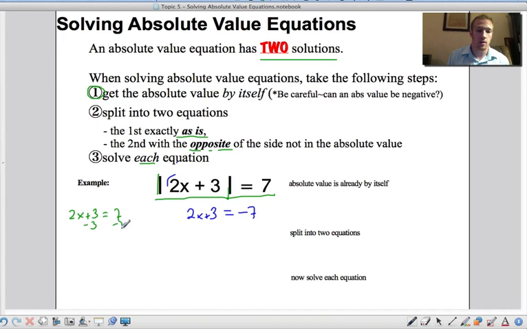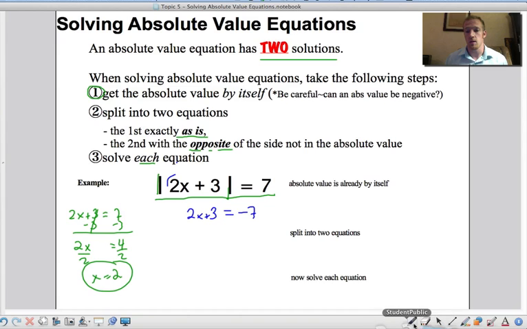Minus 3. So I have 2x equals 4. So I have x equals 2. There's one answer that would work if I plugged it in. And then,